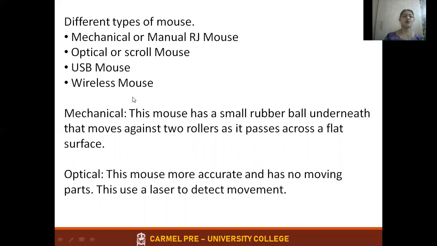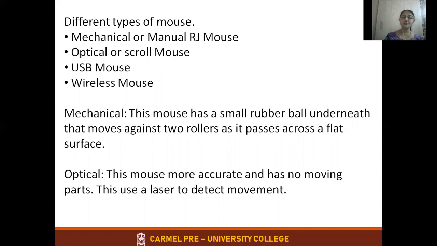Now, how does the mechanical mouse work? This mouse used to have a small rubber ball under the mouse shape that you have. Under that, it used to have a rubber ball that moves against two rollers as it passes across a flat surface. We used to keep it on a flat surface.